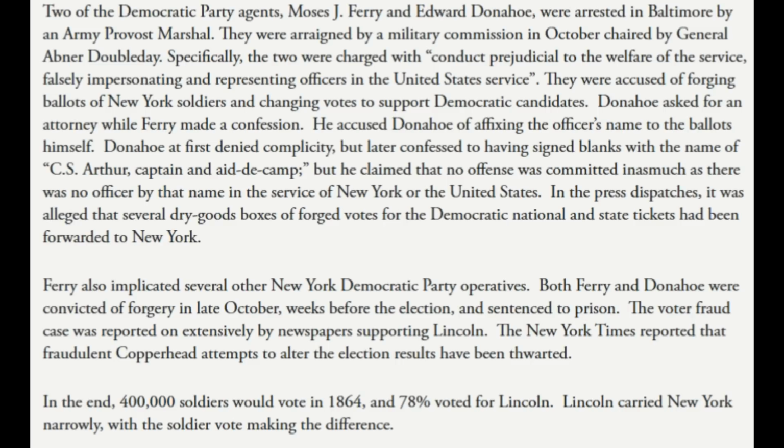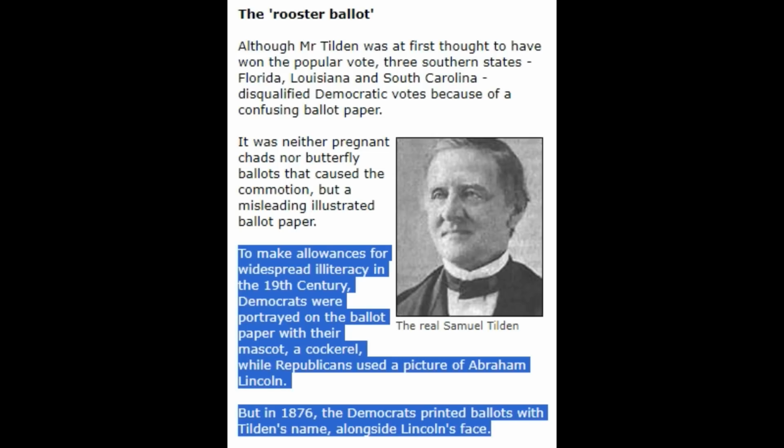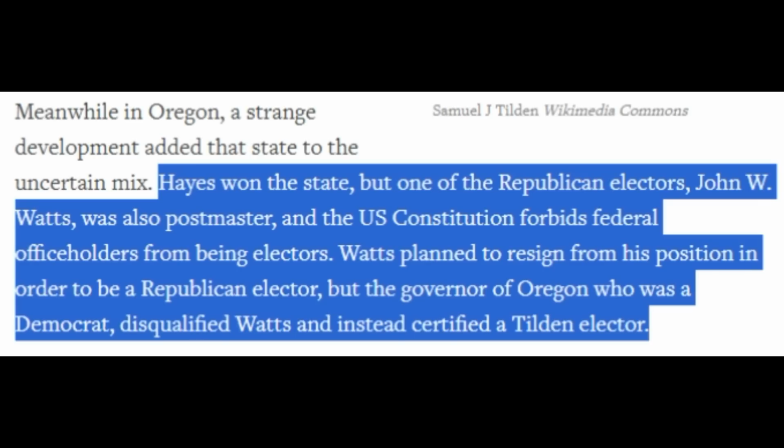But here's the thing, though. So you had all the nonsense with that going on in the 1876 election, to where the voter fraud there was enough that it actually technically did swing a few states in the votes. And then on top of that, one of the states, which was Oregon, which did actually go for the Republican candidate at the time, one of the electors was a postmaster, but your electors in that state weren't supposed to work for the government. So he was just going to resign, right? Resign his post so he could serve as an elector.